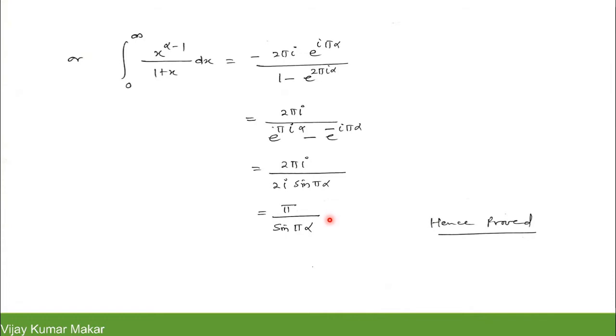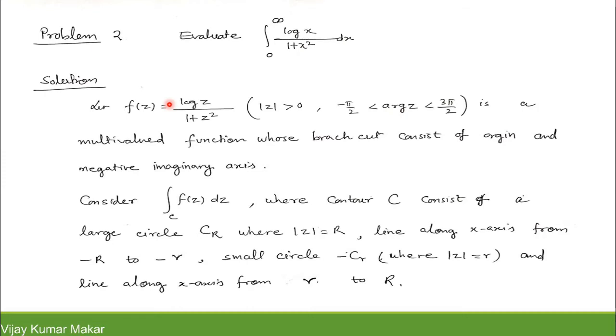So in this integration, first we check the integrand is a many valued function, z equal to 0 is the branch point, and we take a cut along the positive direction of the x axis, that is the branch cut of this function. Then we make a contour which excludes the branch point, and then we apply the Cauchy residue theorem and evaluate this integration easily. Okay. Now we take another problem.